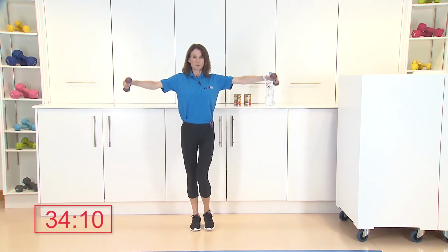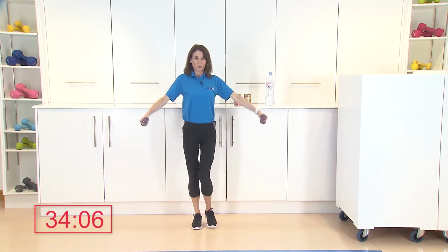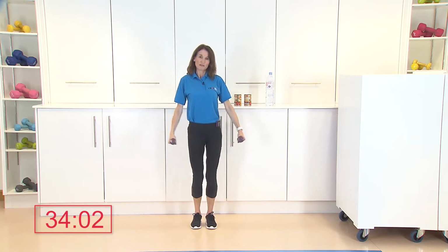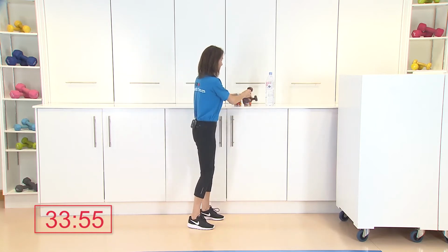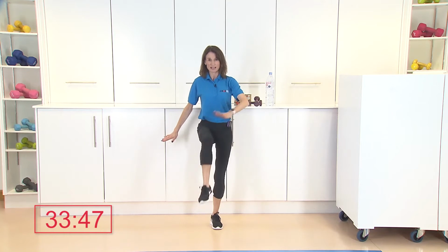So think about your posture. You're nice and tall. Oh, really beginning to feel this now. Try and be mindful to keep the feet moving. Right through there. Excellent. So we just leave those, make sure that they won't roll off or fall and cause any injury. So we're ready to go with our next aerobic exercise, and this is what we call our knee